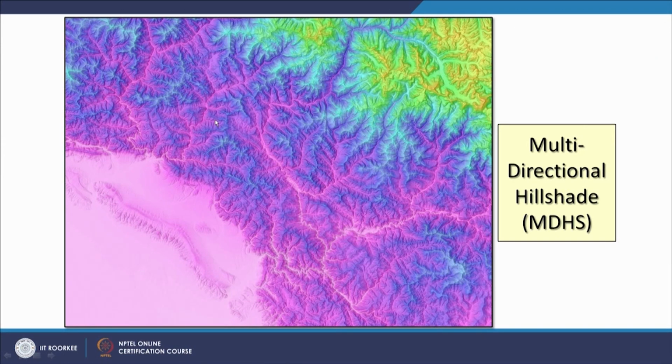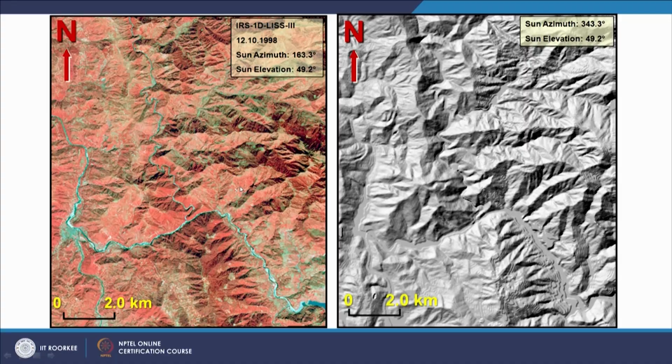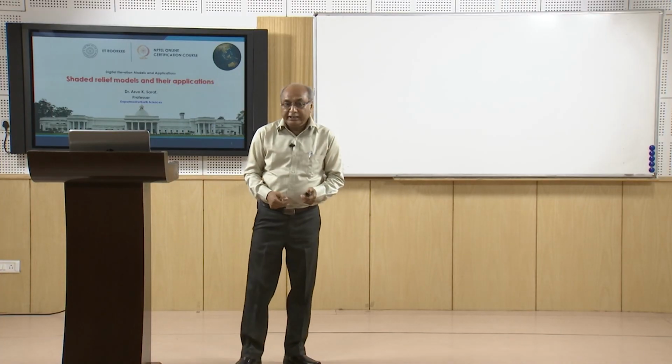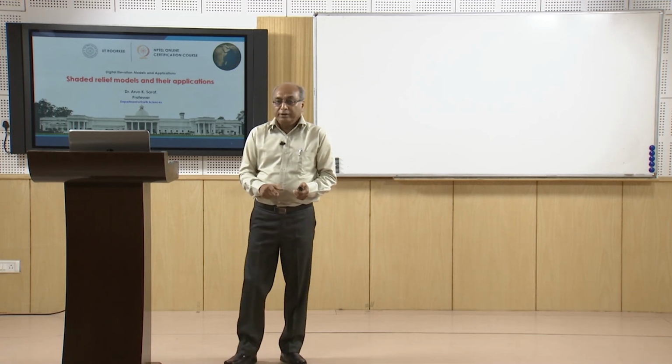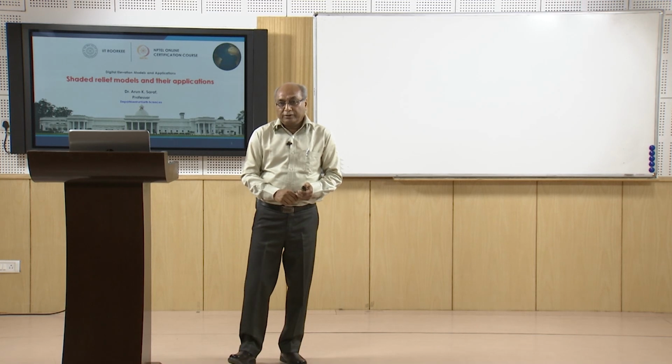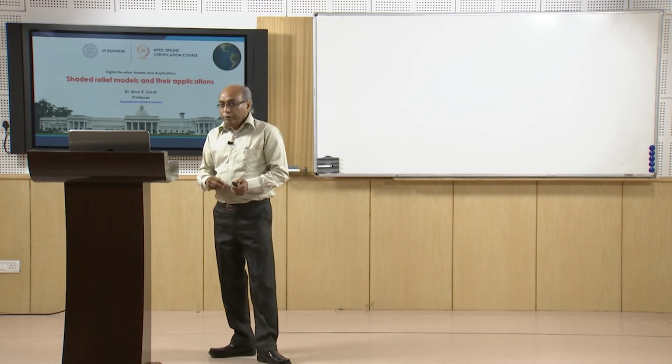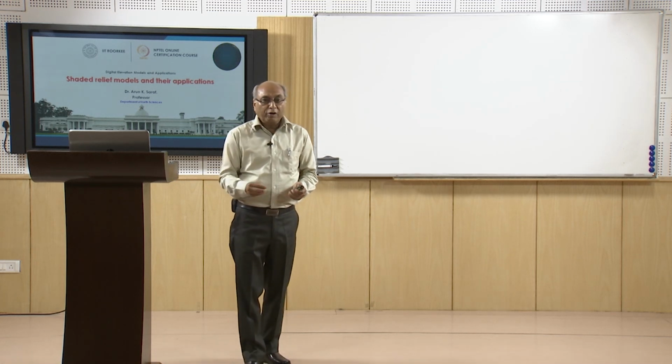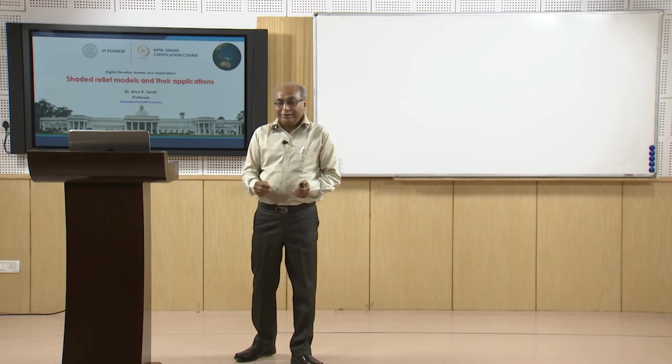Multidirectional hillside is another example from India, and what you see here in the background is this ASTER GDEM of 30-meter resolution, and then you see the Shivalik ranges, then Doon Valley, and then you are seeing lower Himalaya and higher Himalaya as well. One of the uses of hillsiding was also discussed in earlier lectures when I elaborated on false topographic perception phenomena, that if we want to remove the false topographic perception phenomena, or in short FTPP, from satellite images, then we can create an opposite directional hillside, which is opposite to